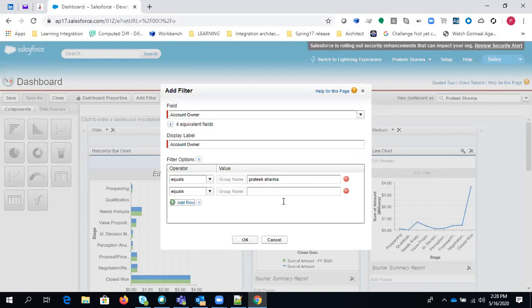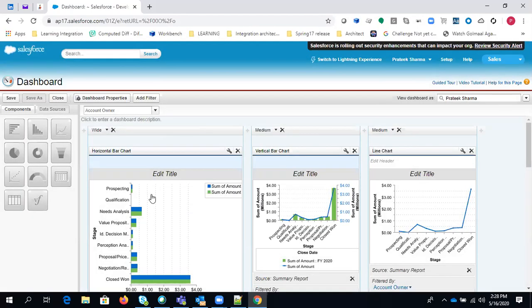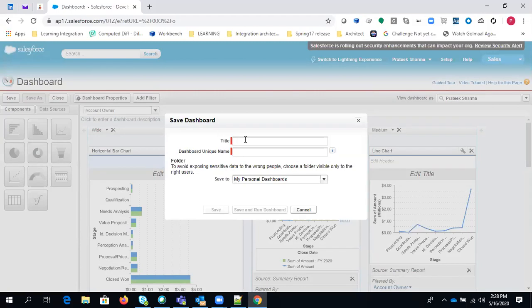Again, at the same time, if account related to test, then it will show that, and if a second user, you can add these filters, just to display the related data based on the user you have selected. So this is called dynamic filtering. I have just selected OK. Now just run the dashboard. Let's save it. My dashboard.